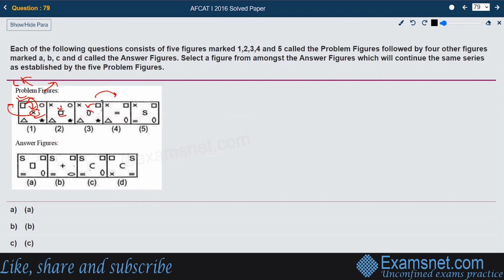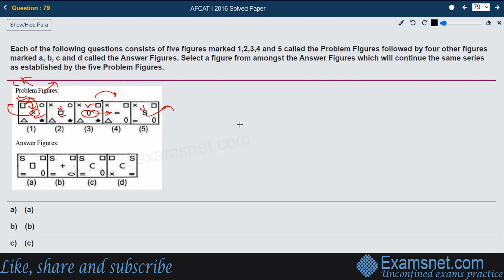If you see this at the center, a new shape has been introduced, and this has gone to this side from 3 to 4. So that same thing should happen between 5 to 6. What should happen is the new figure should be introduced. This center figure should go to the outside, and the outside one, and see, from 1 to 2 it was